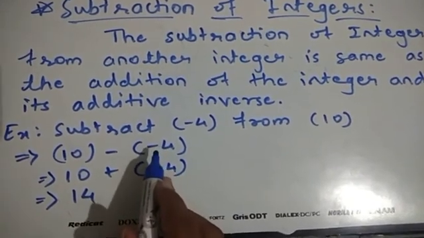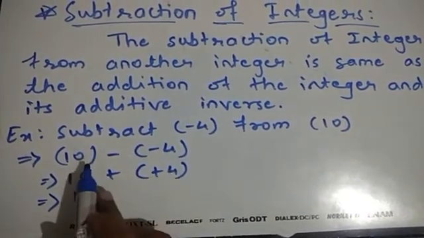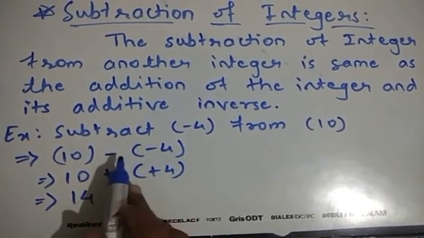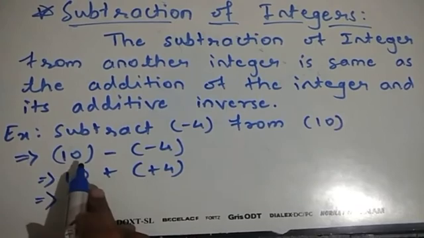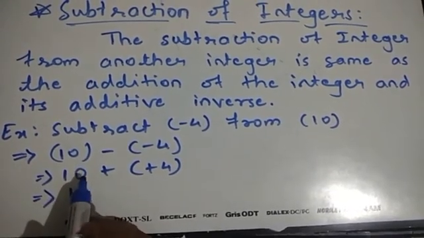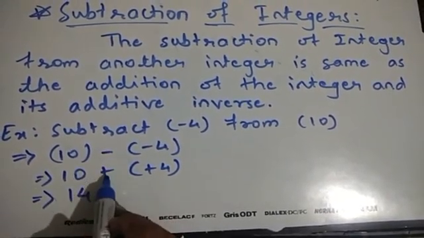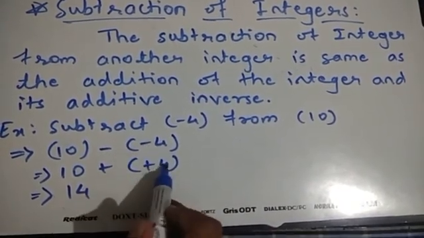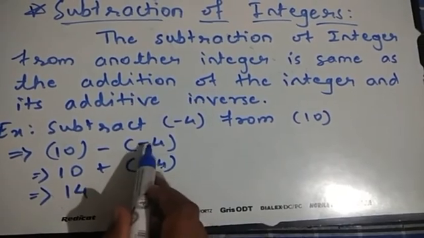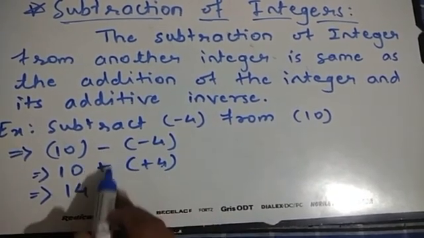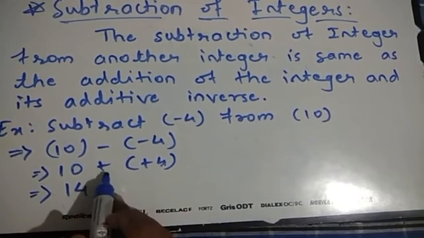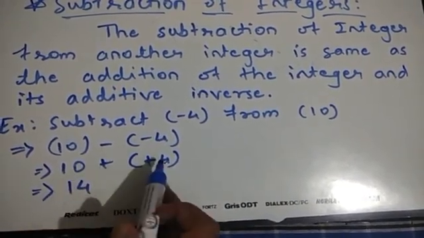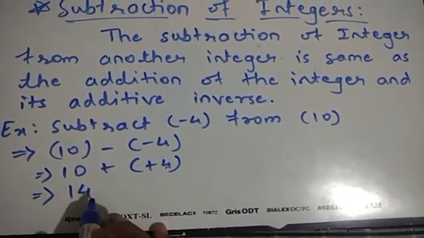Remember, when we subtract one integer from the another integer, it is same like adding its inverse in that particular number. Therefore, that 10 I written here as it is. Now instead of minus sign, plus sign I wrote. Therefore, what is the additive inverse of -4? +4. Okay, I written here its additive inverse, and that is why this sign got changed. Minus become plus, and this -4 become +4. Therefore, what will be the sum of this 10 and 4? 14. So what will be the answer? 14 will be the answer.